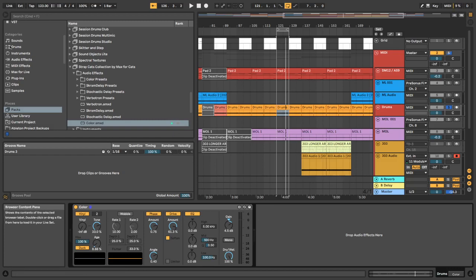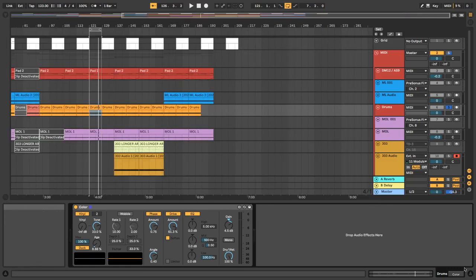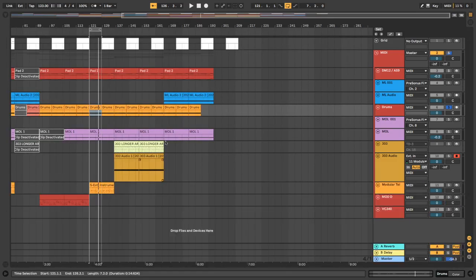I think it's fantastic, and you can use it in a number of different ways, and I've no doubt if you like distortion or grit or noise in your sound, it will come in handy for you. So hopefully you enjoyed that, and I'm going to do loads more tutorials on the Max for Live devices